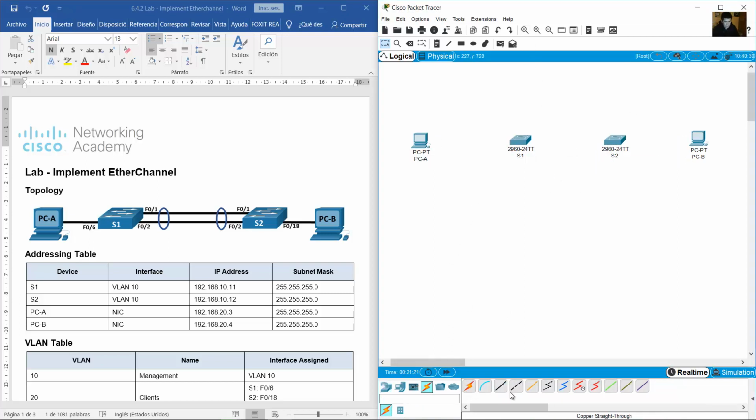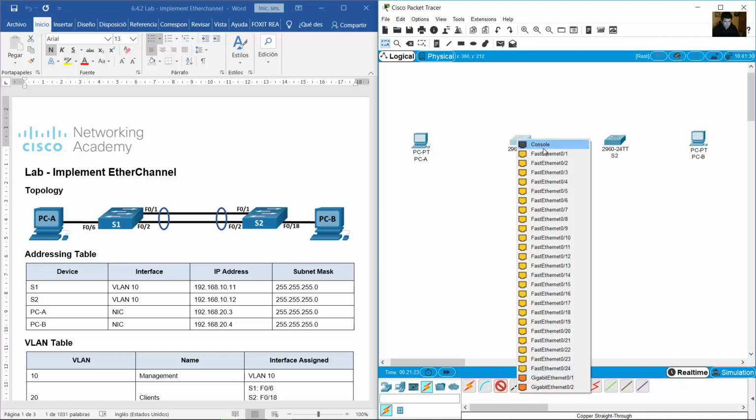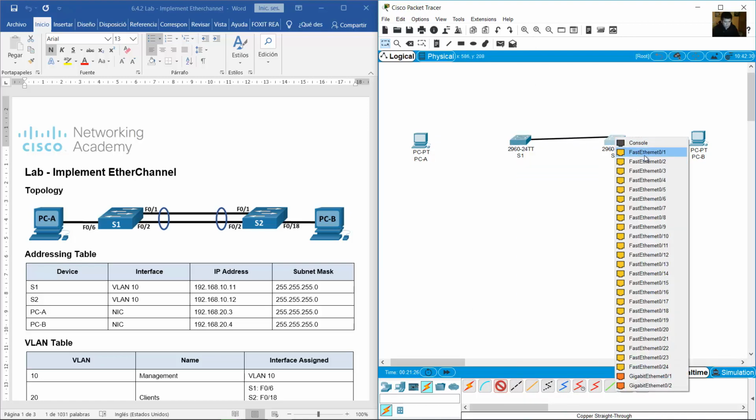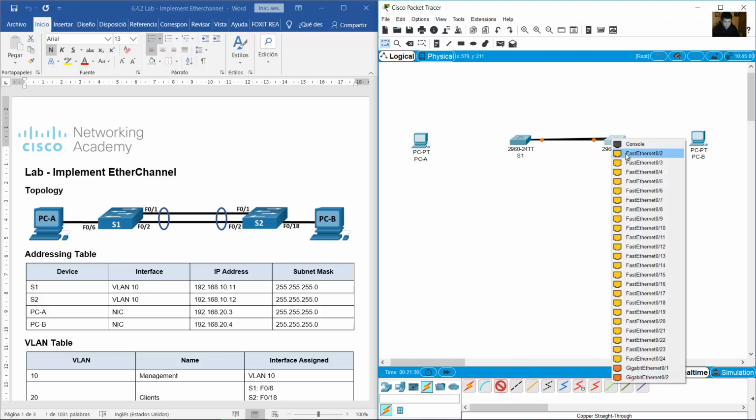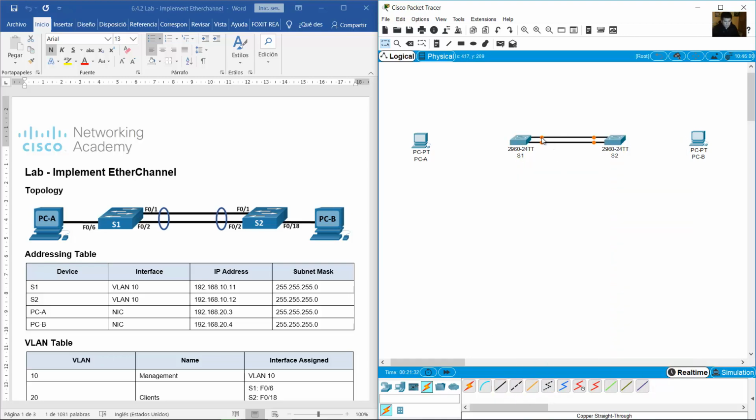and between the switches, connections using Fast Ethernet 1 and Fast Ethernet 2 on both sides. Okay, 1 and 2. Fast Ethernet 6 for the 2 PCs,